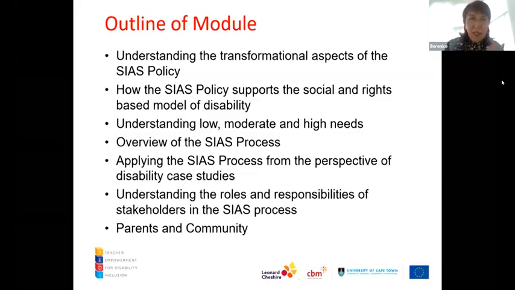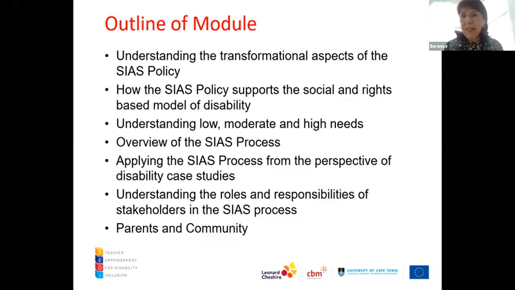Okay, so we're going to talk about the transformational aspects of the CIAS policy. You've heard that there's quite a mind shift that is needed to think inclusively, and the CIAS helps us to make that mind shift. How the CIAS policy supports the social and rights-based model of disability, understanding low, moderate, and high needs for support.